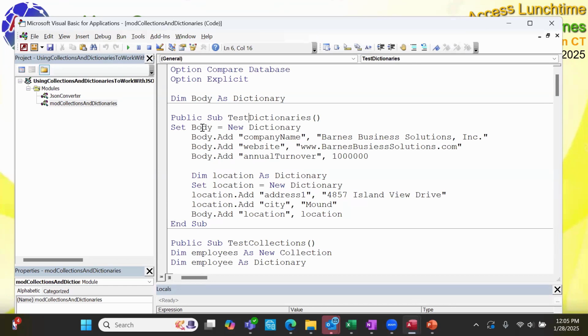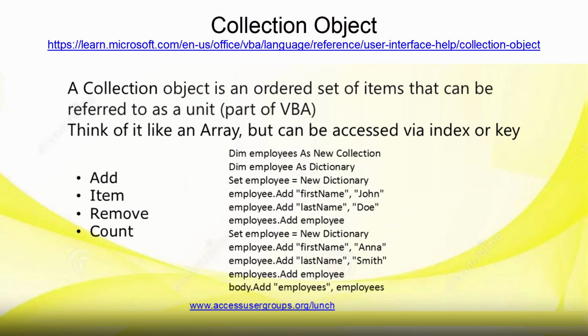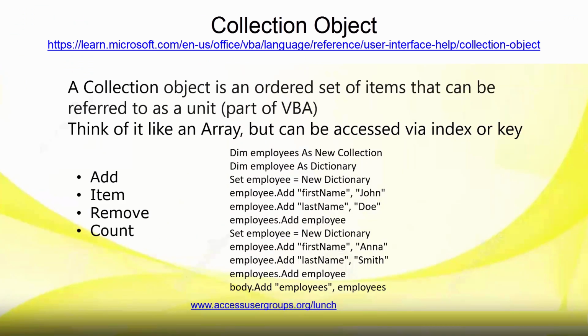And the reason I set this Dim body As Dictionary up here at the top is so that all these subroutines could use it, because as we'll see in the next bit, in test collections, we use the same body and we add a collection to our dictionary as well. So a collection is actually part of the VBA language itself. And I'm going to put another link here to a good reference in the VBA language